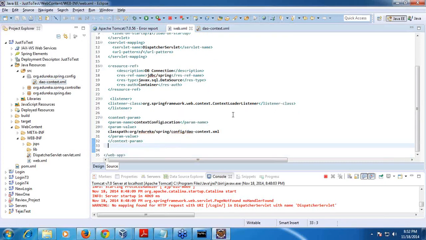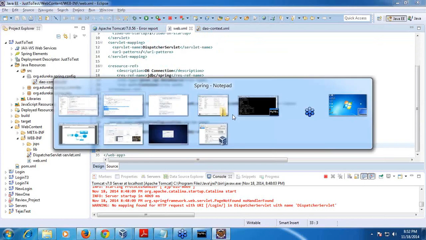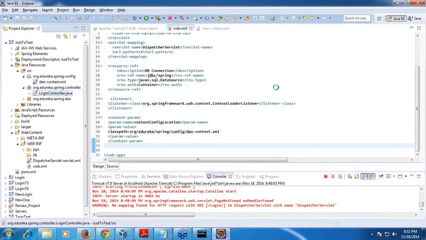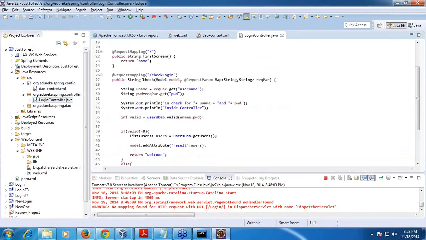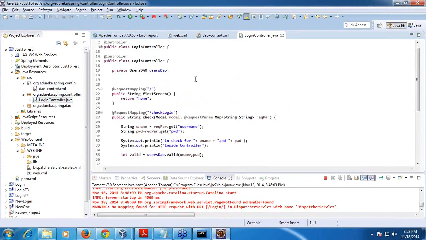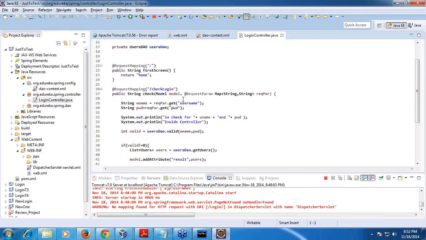This is the file in web XML, right? So next I have written this code. Let me check again this controller. So login, at least the home page it should come, right? Home is also not coming.